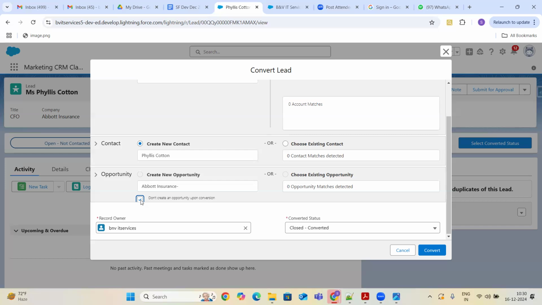That is one use case, guys. Whenever we have such a use case, where they are interested but not going to purchase right now itself, we will not create any opportunity.